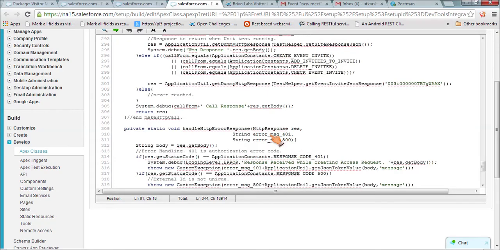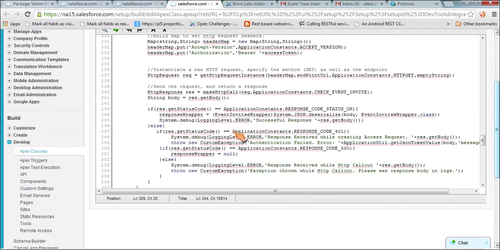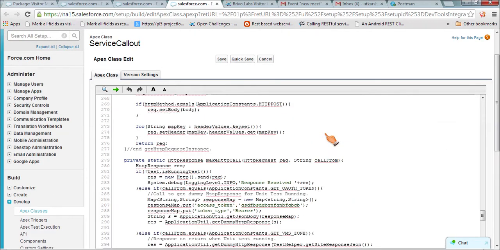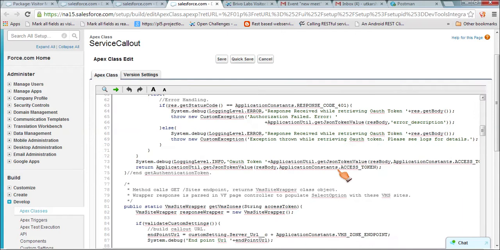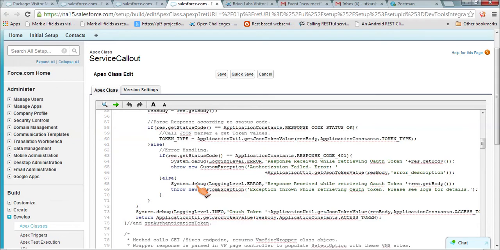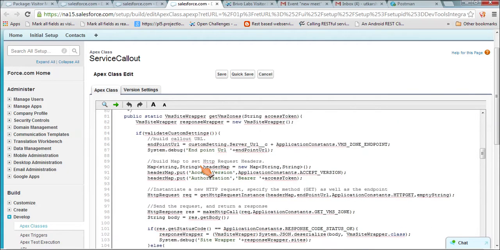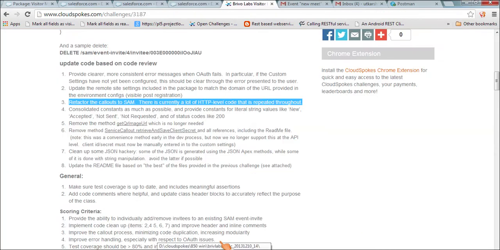HTTP handle response. From the 5 callouts, for whichever methods the error handling is the same, I have taken it out and thrown proper messages for 401, 500 errors, or any other errors. For those methods for which the error handling or messages are not exactly the same, I have kept them as is. It's not that much code repetition. So this is how this particular service callout class is optimized,